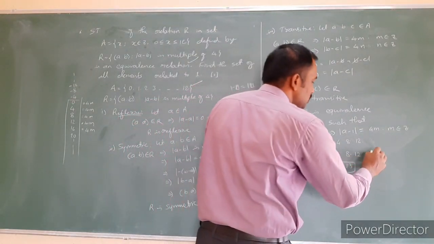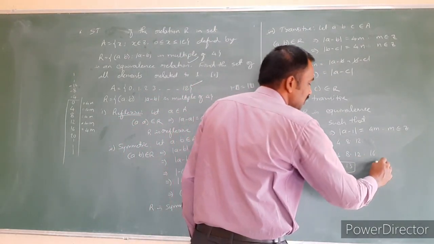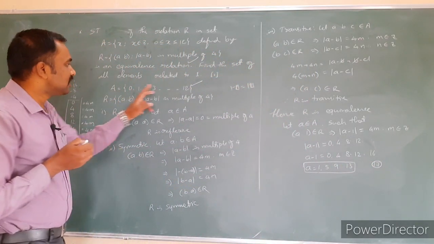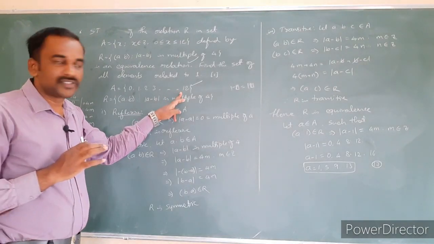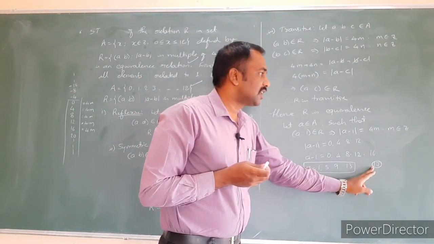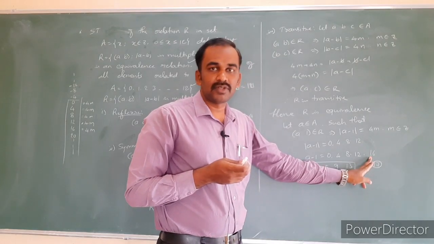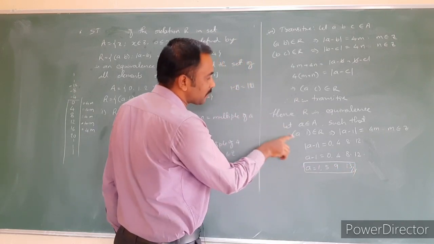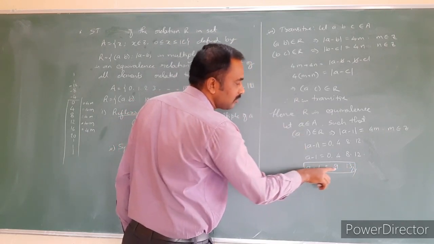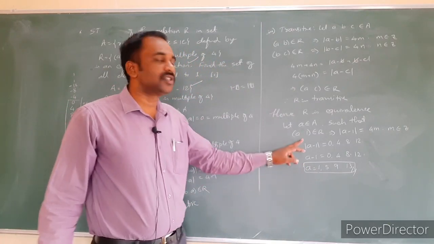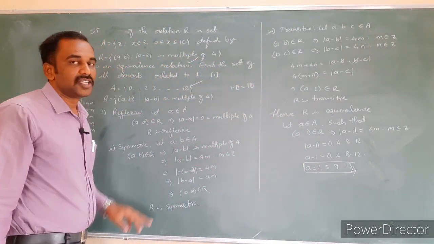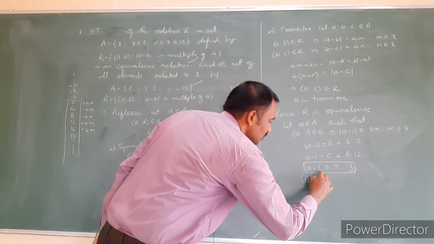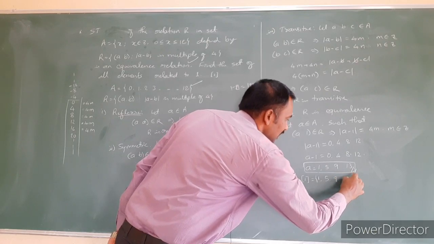Suppose you chose 16: 16 plus 1 is 17. For this element, a value I just got 17. Do you have a 17 here in this given set? No, it is not present in the given set. Therefore, 17, this 16, it is not possible to take. So leave it. So what are the possible elements which are related to 1? These are the numbers which are related to 1 with respect to this relation. So the equivalence class containing element 1, we just got it. What are those? 1, 5, 9 and 13.